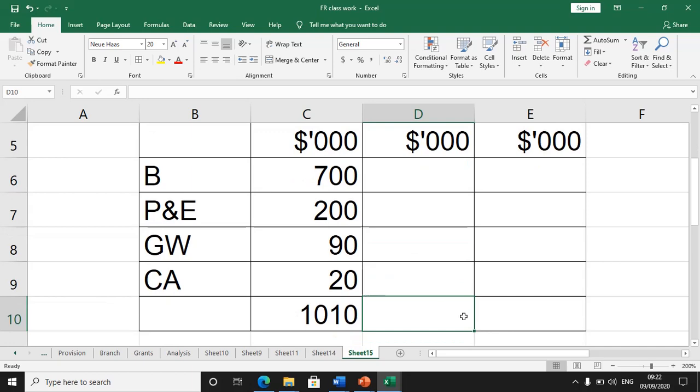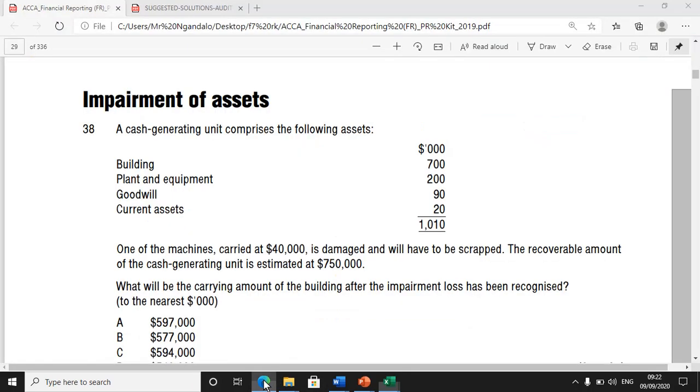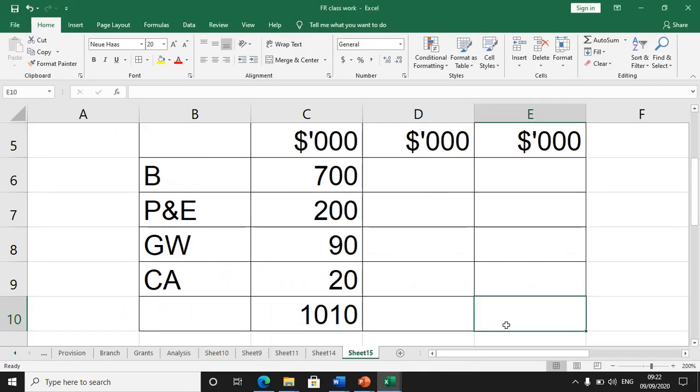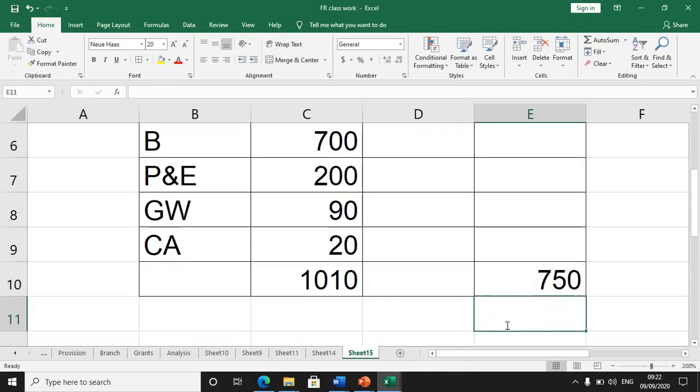Let us try to see if we can check for some other information down there. We're told one of the machines carried at 40 is damaged and will have to be scrapped. The recoverable amount of the cash generating unit is now standing at 750. Let me just push that one there. Put 750 here. So the total impairment loss is to be,